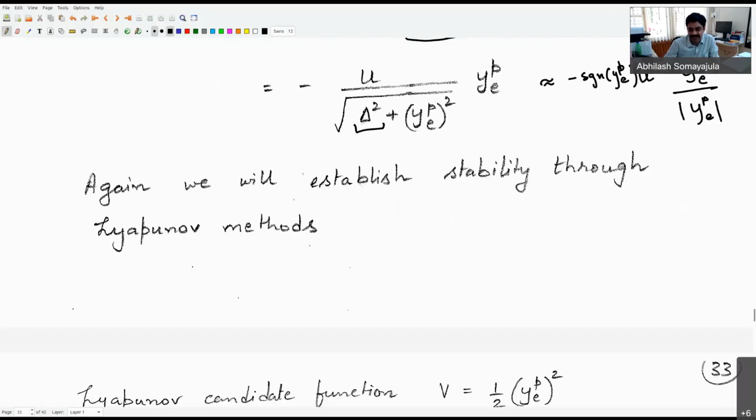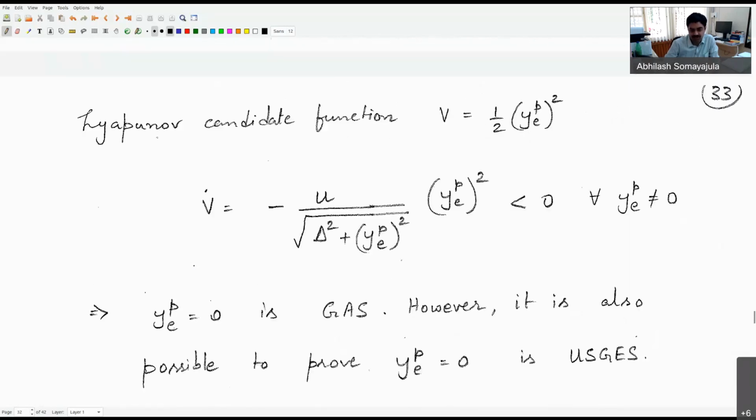Again, we looked at the idea that through Lyapunov methods, we can show that if we choose the Lyapunov function